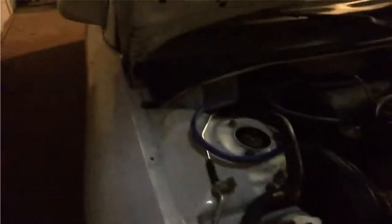First step is I don't want to assemble the headlight, because I want to clean all this stuff before putting everything in the car. So you can see, if we get in there, see how dirty this is here. I mean, there's a lot of dirt in there that I need to clean. Look down there. So I want to